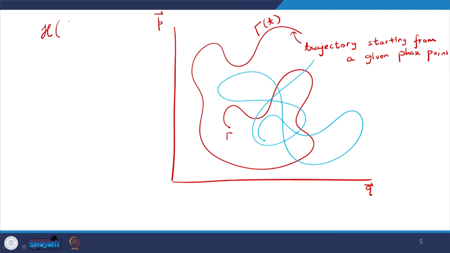And since my Hamiltonian is a function of P and Q, I am writing in a compact notation now, because P is the set of Pi and Q is the set of Qi. So, always keep in mind that this P and Q are 3n variables each, right. So, if I know the P and Q value, I know the Hamiltonian. So, I know the energy of the system,